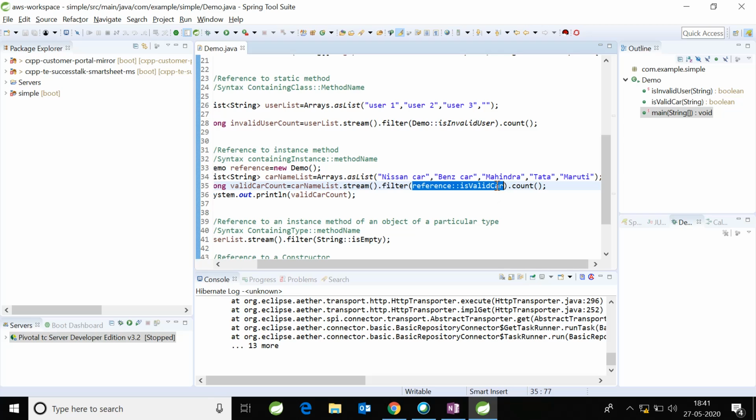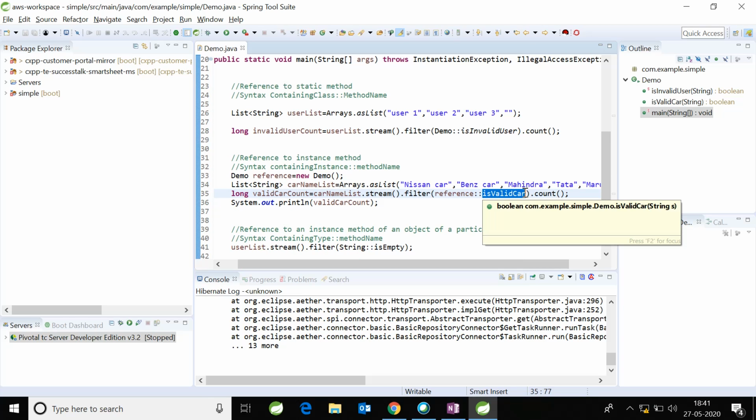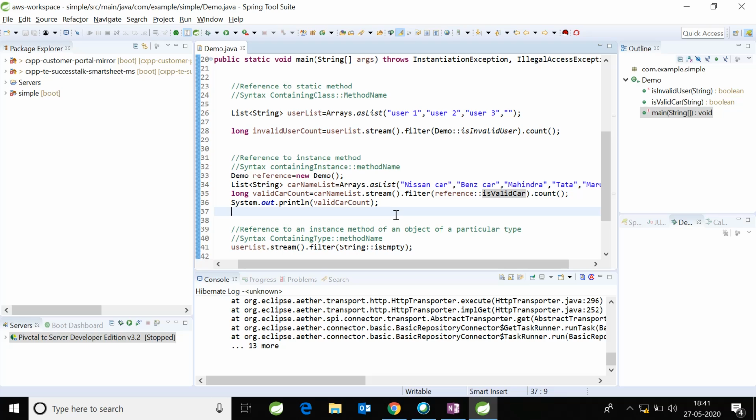Here also, this method is taking an argument, string. That code can't be seen here, so that is handled internally by the JVM. So this also looks much more informative than the previous lambda expression. Now this is about reference to an instance method.